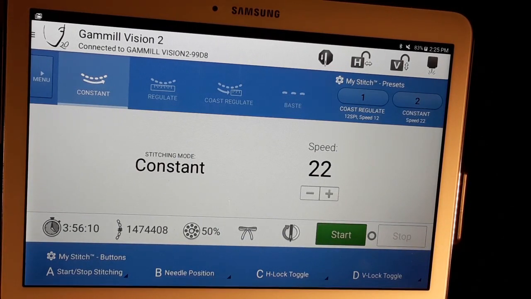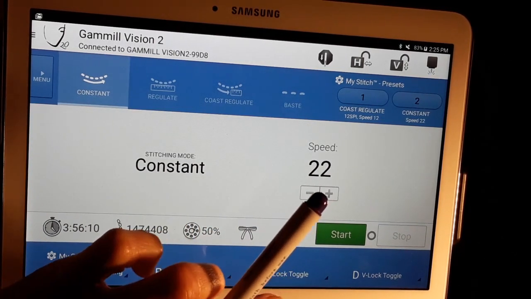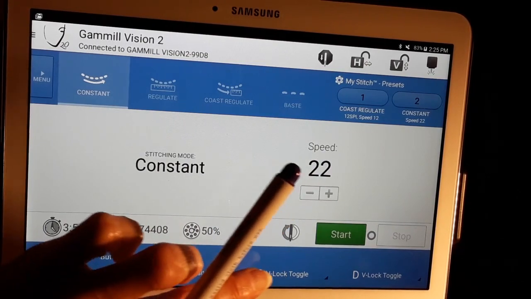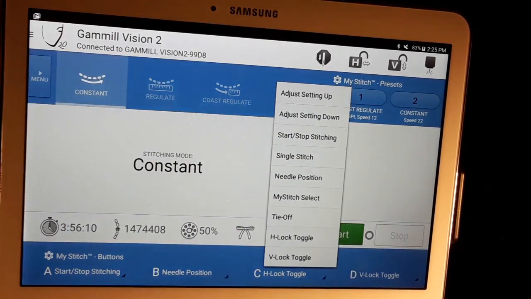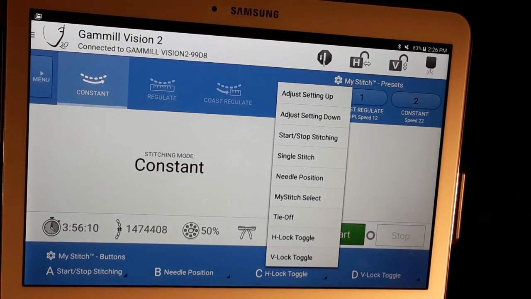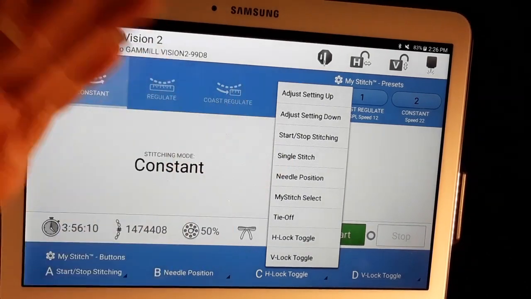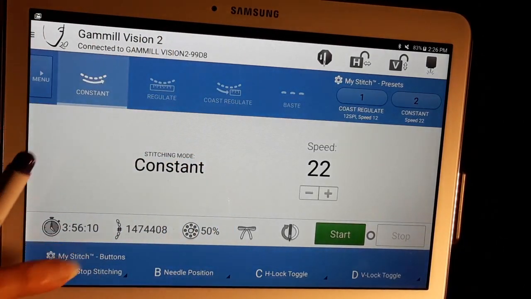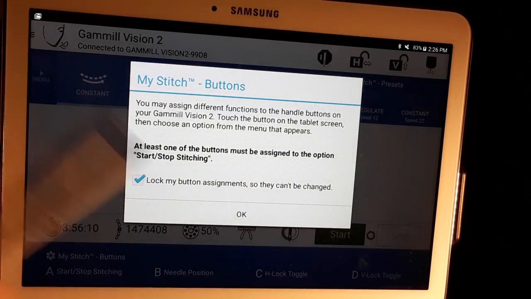But sometimes I forget. And sometimes I'll press what I think is button C, H lock, and it'll actually be on start stop stitching. It'll be on the default start stop stitching, and I have to tear out stitches because it'll start right away. So I don't know why it's not saving. And it says on here lock my buttons, but it didn't